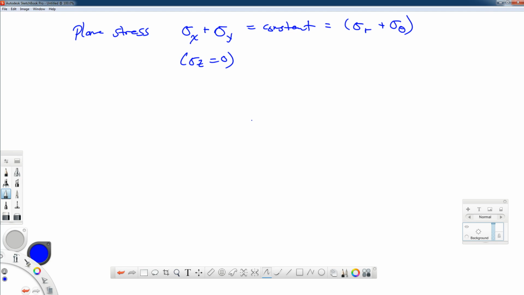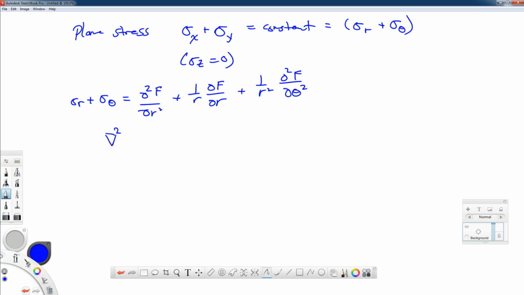So sigma x plus sigma y is going to be equal to sigma r plus sigma theta. If we add sigma r and sigma theta together in terms of partial derivatives of the Airy stress function, we have this expression: the second partial of f with respect to r twice, plus 1 over r, partial of f with respect to r, plus 1 over r squared, second partial of f with respect to theta twice. Well, what that means then is that del squared f is given by this expression,